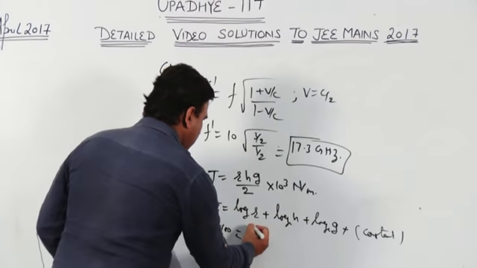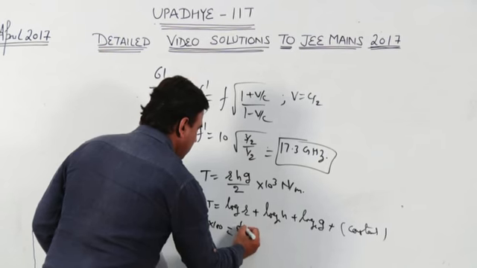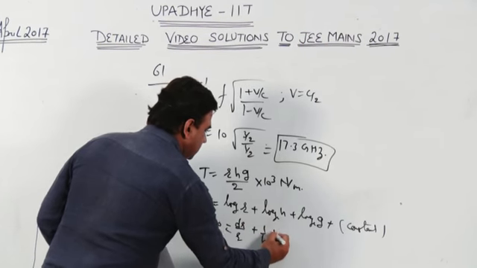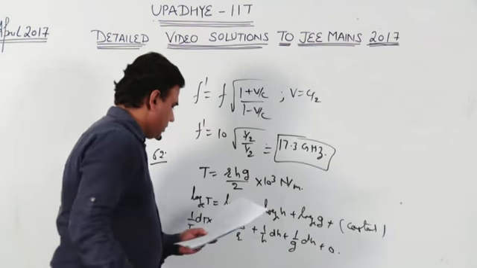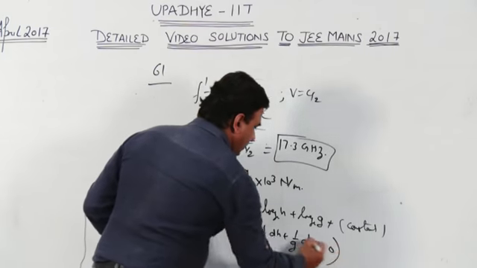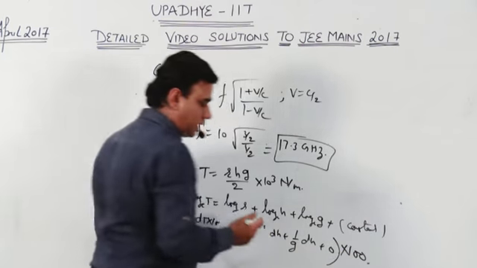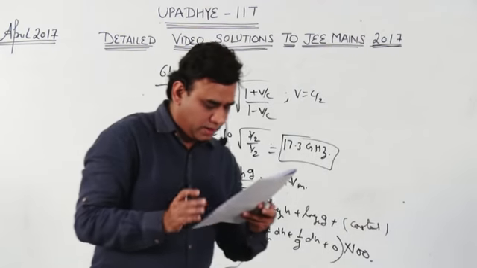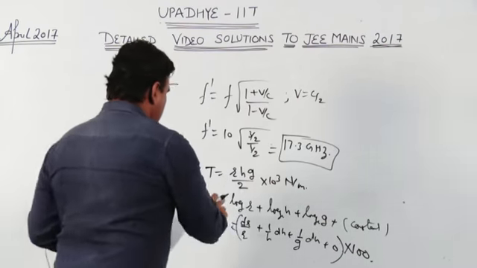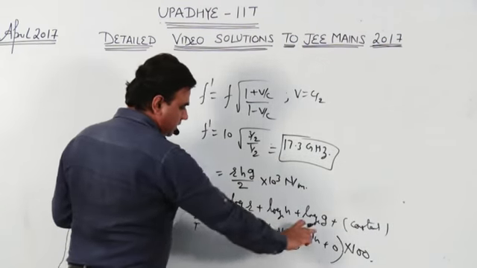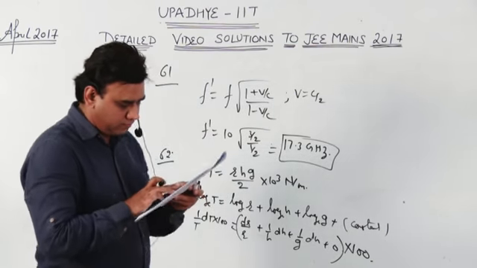So it will become 1 upon R dR plus 1 upon H dH plus 1 upon G dG plus 0. And all this quantity we multiply with 100 because they are asking about percentage error. I was a little bit skeptical about this problem because the absolute errors were not given here, but we can